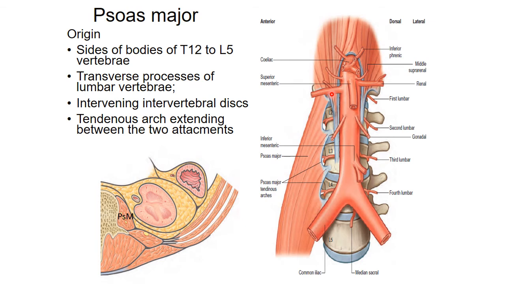Okay, so bodies of the adjoining vertebra and their intervertebral disc. That means the lower part of the 12th thoracic vertebra, upper part of the 1st lumbar vertebra, and the disc between the two. This is one attachment. Then there is a tendinous arch over here. Then the next attachment between the L1, L2 and intervertebral disc. That is the second. Then there is a tendinous arch. Then this attachment, the tendinous arch. It's like this. And through this gap, these lumbar arteries are passing backwards. See over here and laterally. So this is the attachment of the psoas major muscle.